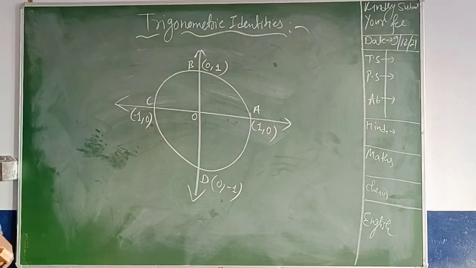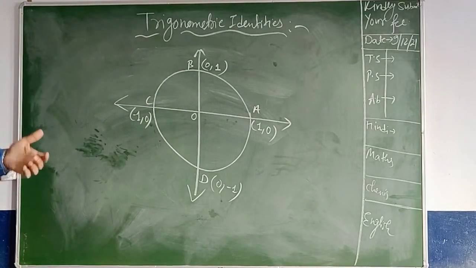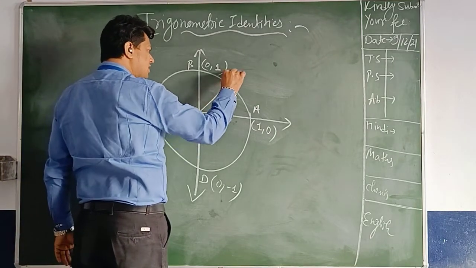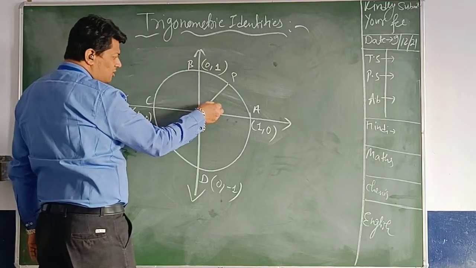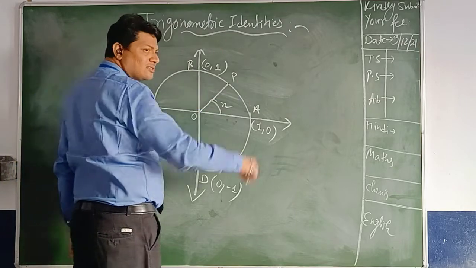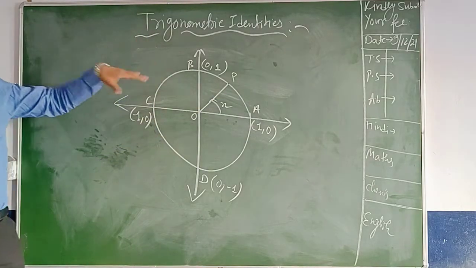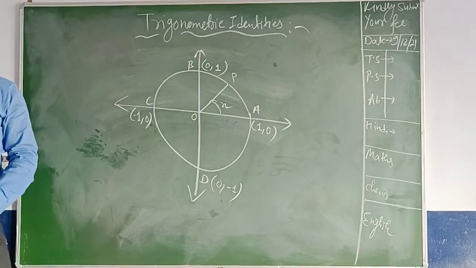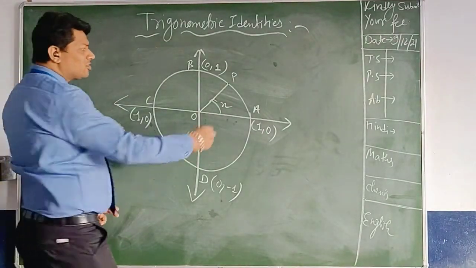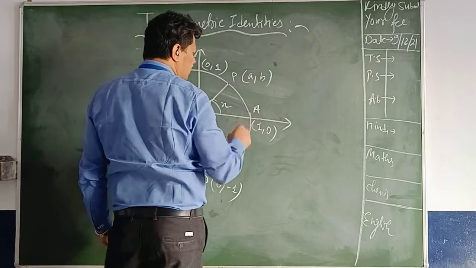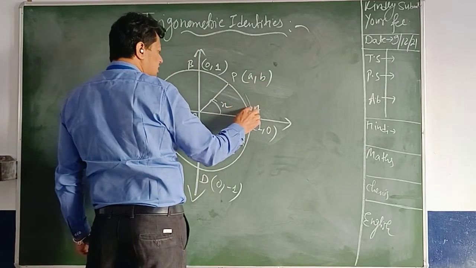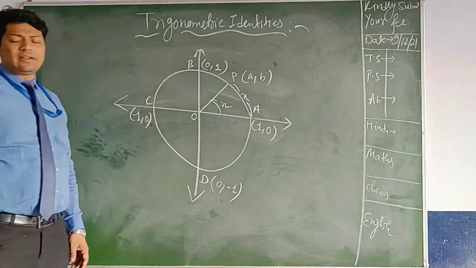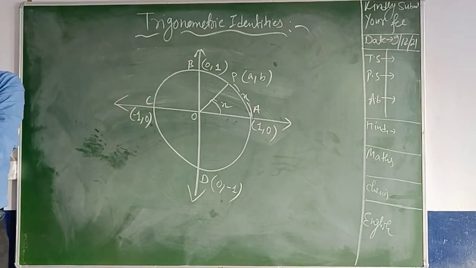Is it clear? Now what we have to do? You have to take any point P. Here the rotation is equal to x. As I told, I have completed this diagram many times. Now you take this point as a comma b, and this whole length is equal to x. So what are you actually getting?